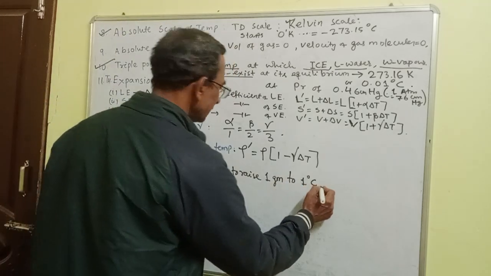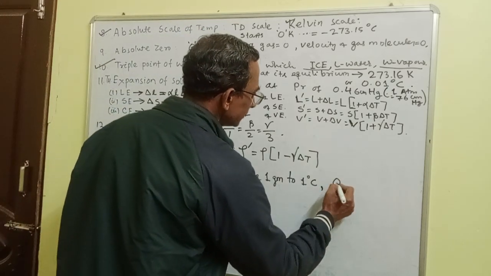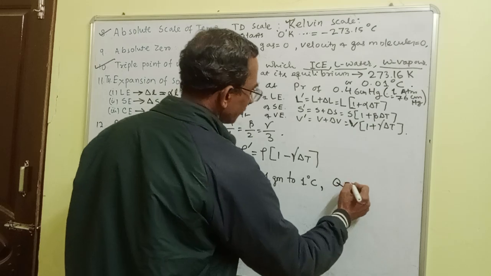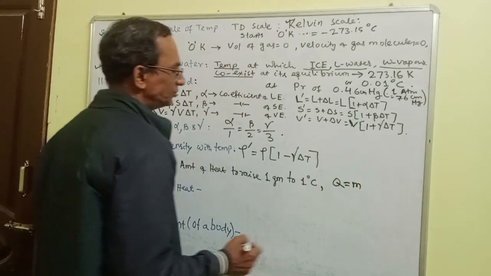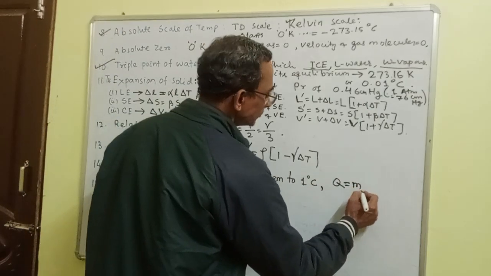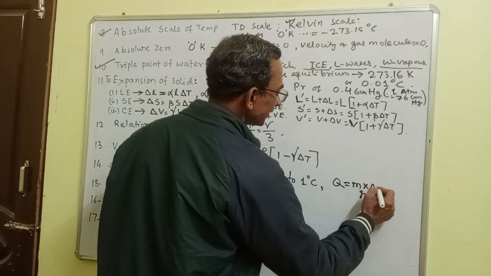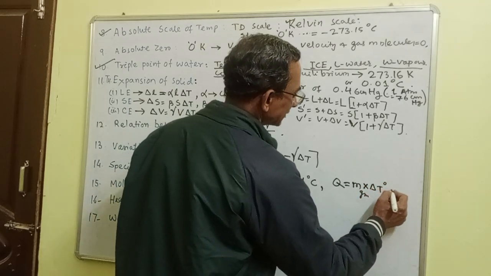Or we can say, if total heat Q is given to an object of m gram, and its temperature is increased by delta T degree Celsius,